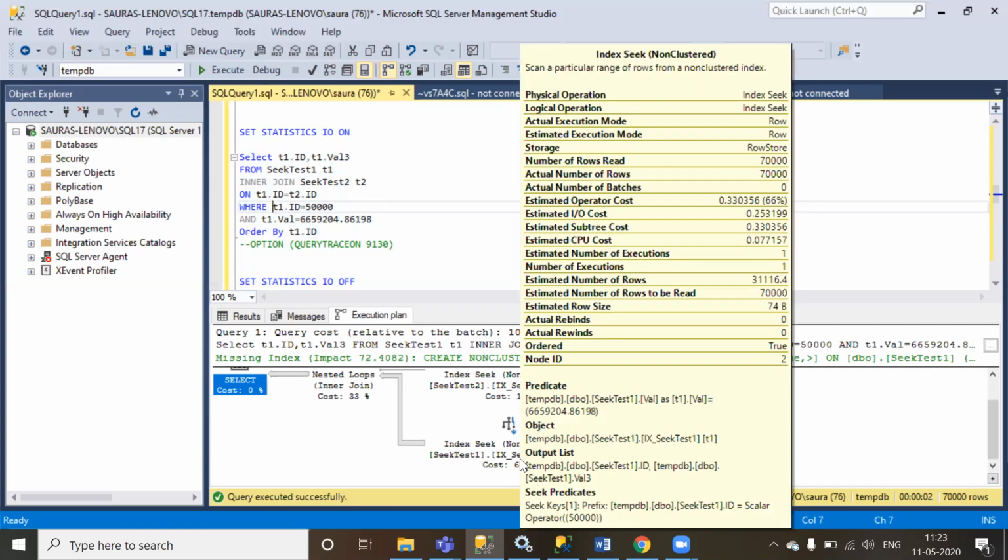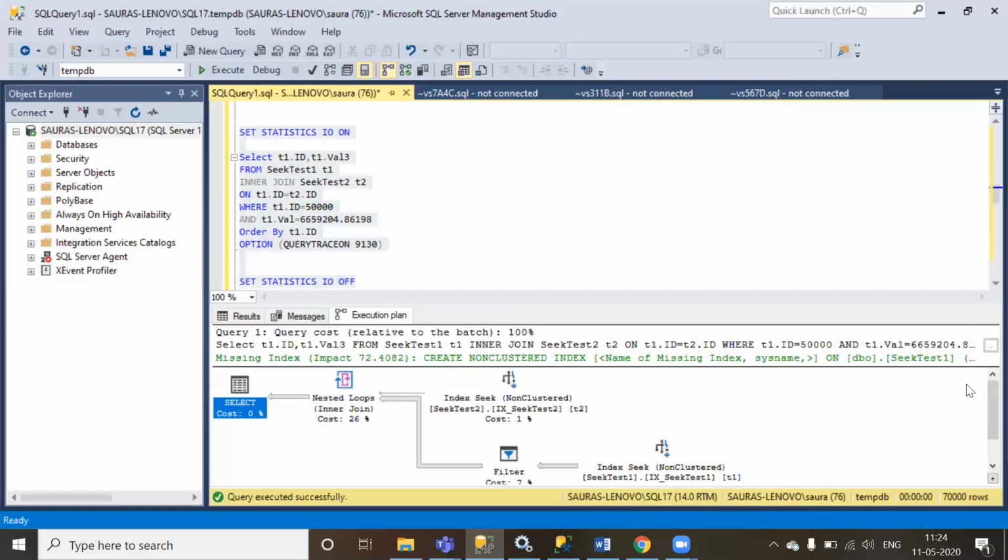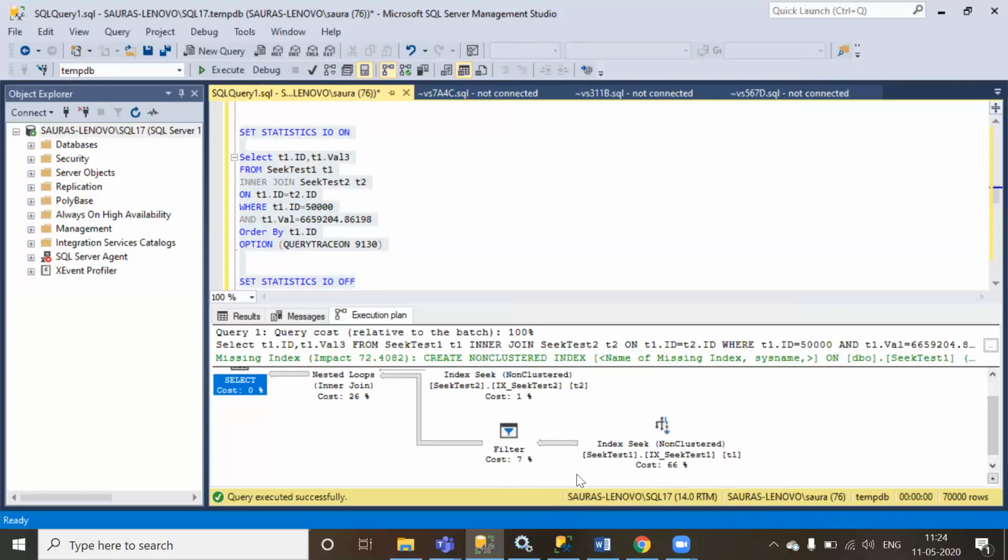One is the seek predicate, which is the ID column, and on the basis of ID it is performing the seek. After that it has another predicate, which is the val column, and it has to filter out the remaining values which do not satisfy this condition. But as val is not part of the key list of the index, it will have to do it separately. So how exactly it is doing it? Just to know about it, I'm going to enable a query trace, which is 9130, and if I execute the same statement with this query trace, you'll see one more operator after the index seek.